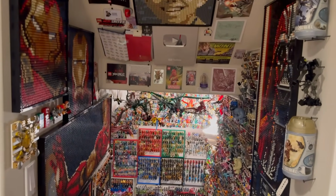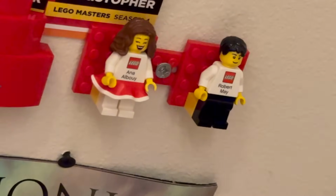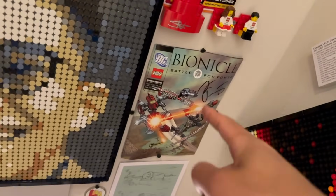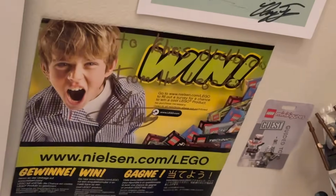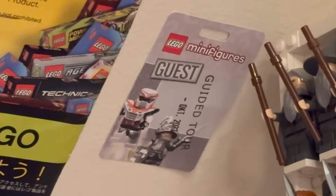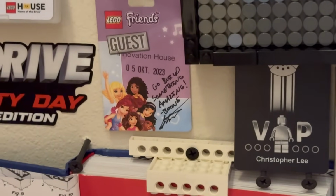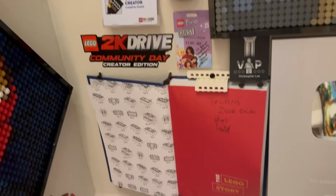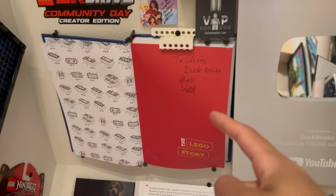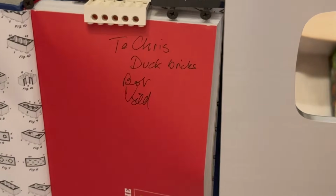But overall, there are so many other really special and rare items that I have available to showcase. We've got some employee exclusive minifigure business cards, a signed comic by Greg Farshtey, signed stuff from Christian Faber, a signed manual from the Win Kid, which is awesome. We have my original guest badges from some of the guided tours that I got when making my official LEGO set, signed by some really cool LEGO designers as well, which is awesome. I even have a book signed by the former CEO of LEGO, Kjeld Kirk Kristiansen, personalized to me, which is